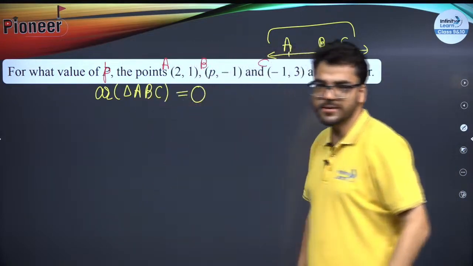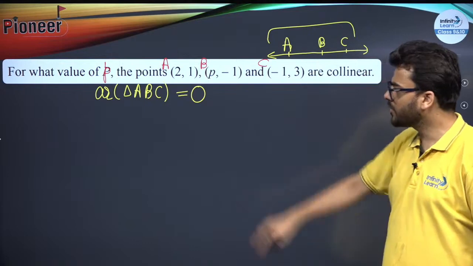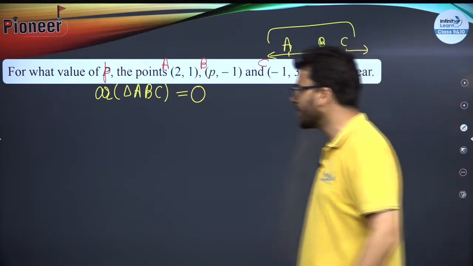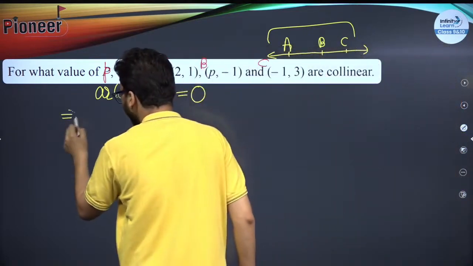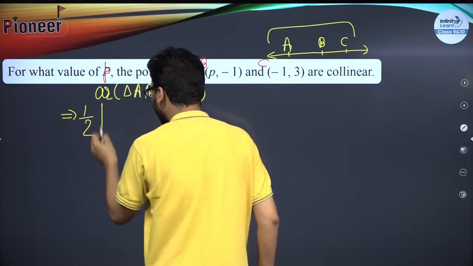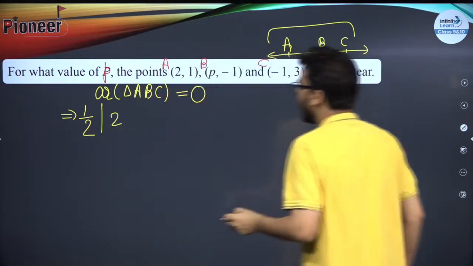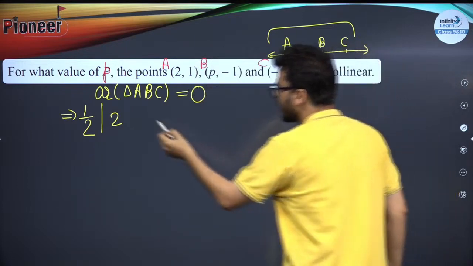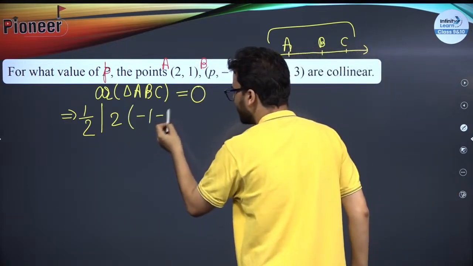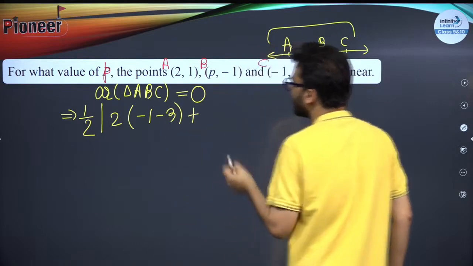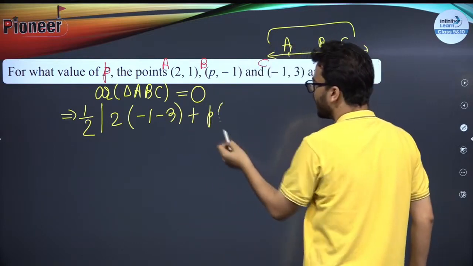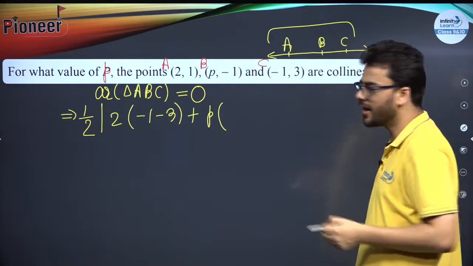That will be equal to 0. Now can I use the formula to find the area of triangles in coordinate geometry? So that is going to be half into modulus of x1, y2 minus y3, plus x2, which is p, y3 minus y1,